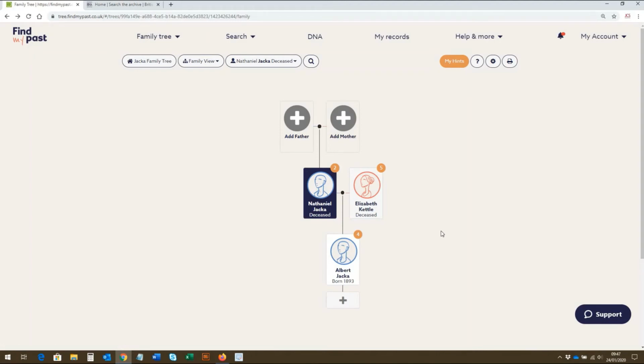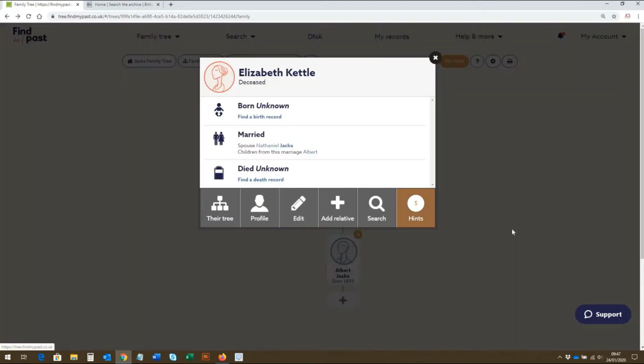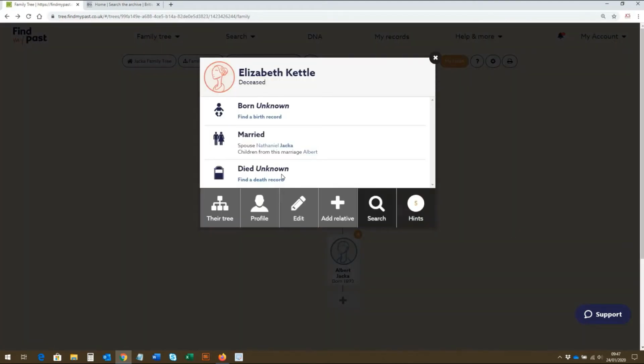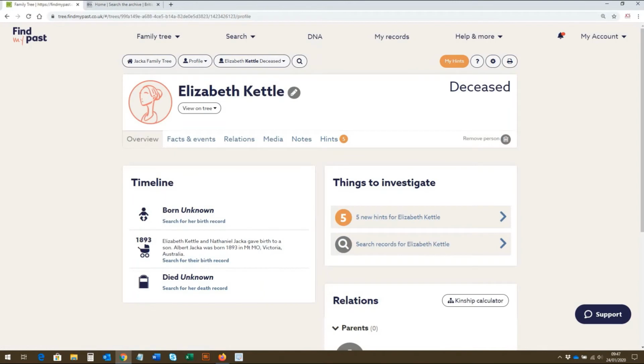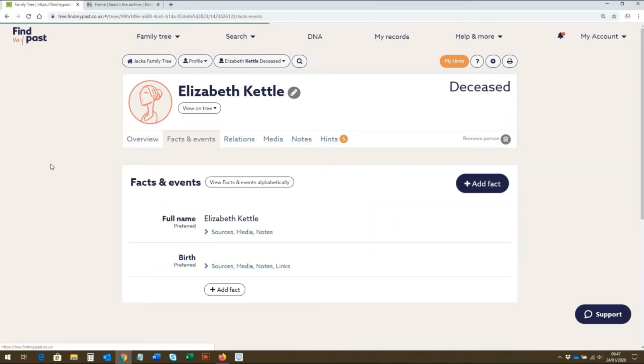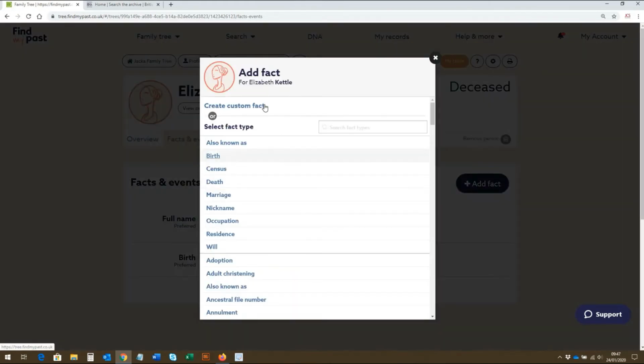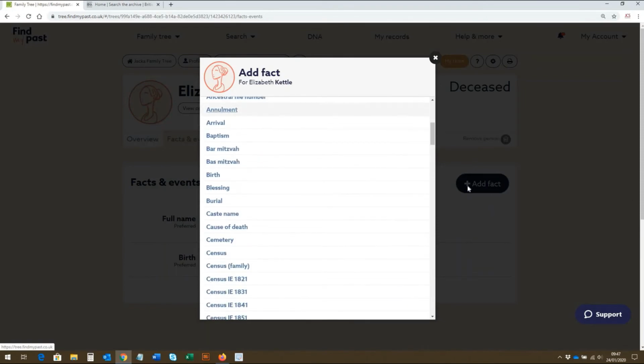If you click on a member of your tree, you can see headline information regarding that person. If you click on the profile option, you can view details under the different tabs. Under the Facts and Events tab, you can view details of relative life events. Here, the Add Fact button allows you to manually add information and life events to build a fuller picture of